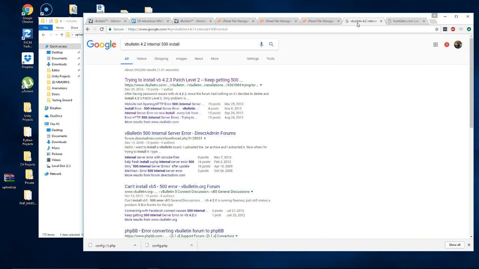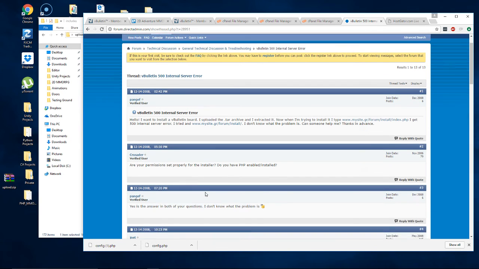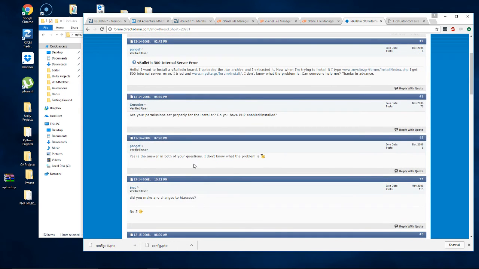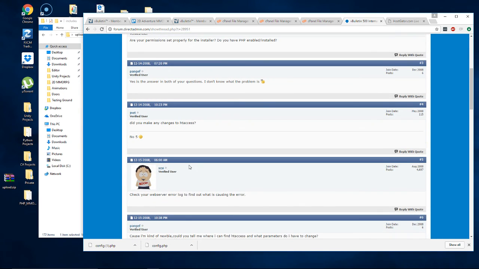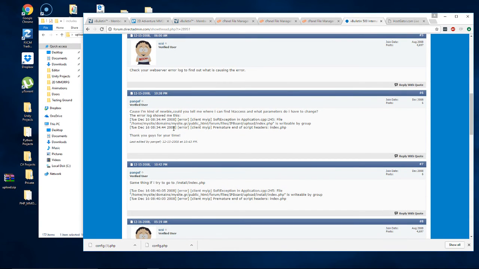Alright, let's see here. I want to install a vBulletin board with the tar archive and extracted it. Now when I'm trying to install it, I type forum install. I don't know what the problem is. Can someone try to help? I get 500 internal server error. Check your web server error and causing